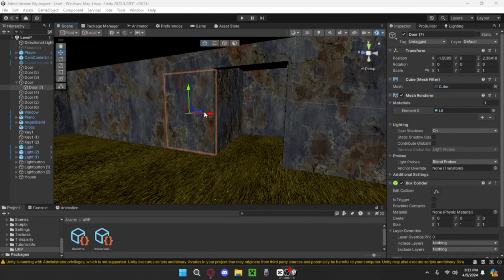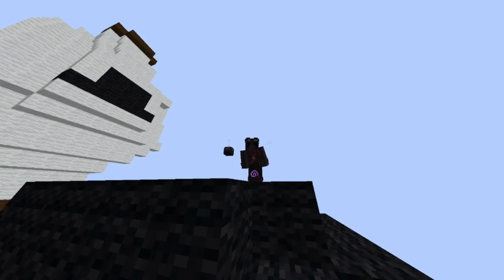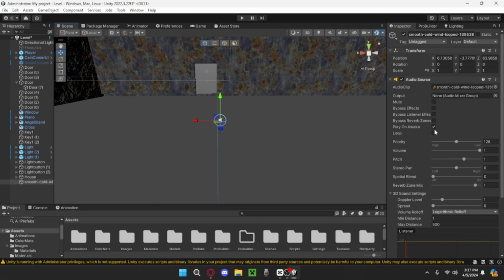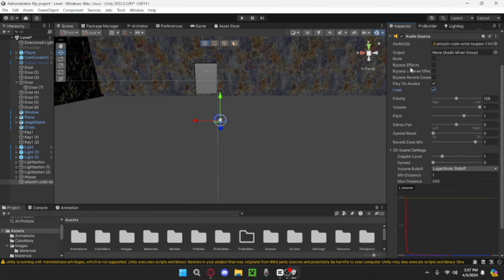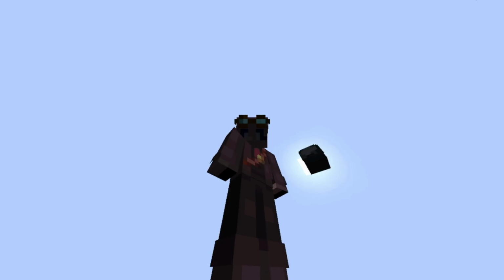Now I'm gonna make a few more doors and fix the doorways to make it look a little bit more natural. I'll also add some background noise to immerse the player. The best way to do it, in my opinion, is to add some wind and make it sound like it's looping forever. Now I would continue this, but I gotta release this video before Sunday because this is actually a school project.